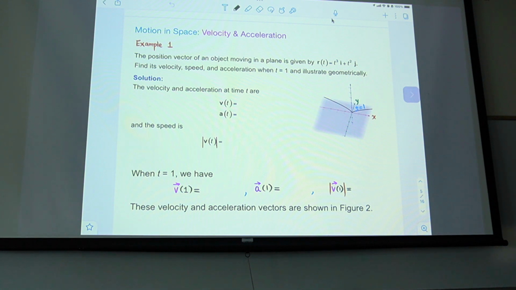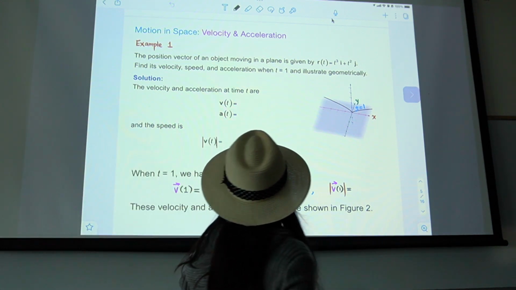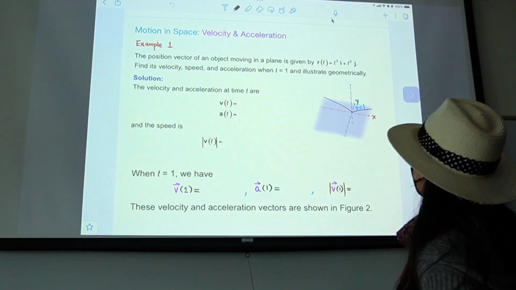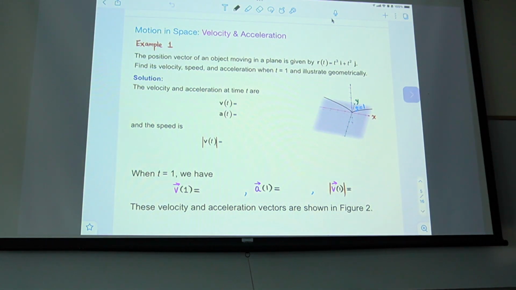The position vector of the object moving in the plane is given by r(t) = t³ i + t² j. Find its velocity, speed, and acceleration when t = 1 and illustrate geometrically. Okay, thank you, Raymond. So now, in order to find the velocity over here, we are given this